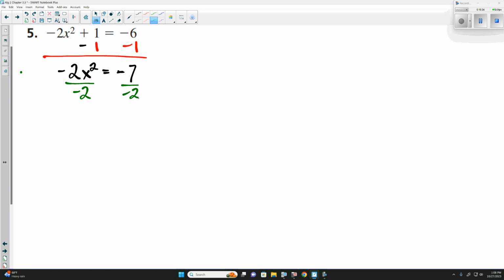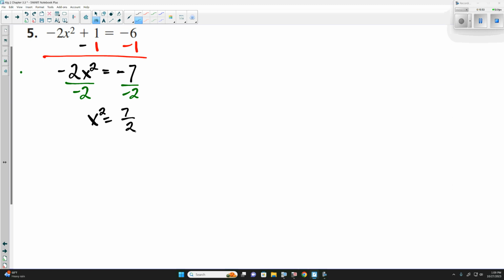Divide both sides by negative 2, telling us x squared is equal to 3.5 or 7/2. We'll want to try to keep it in fractional form because